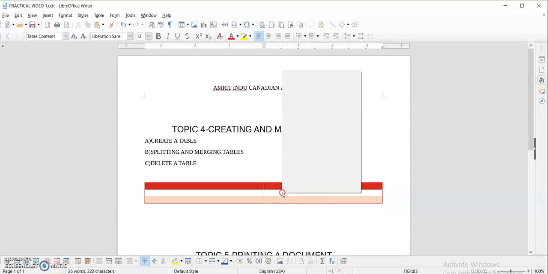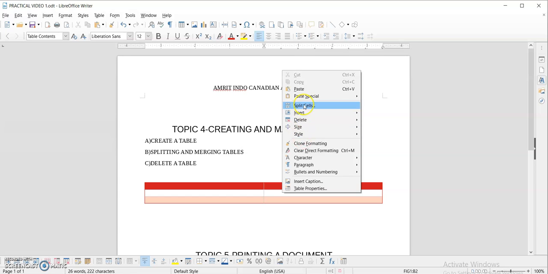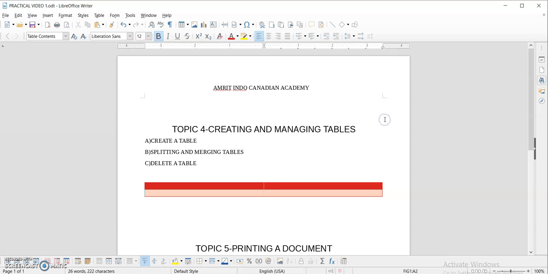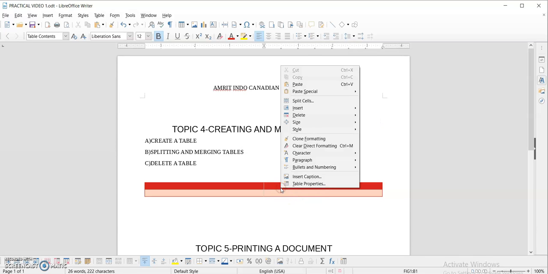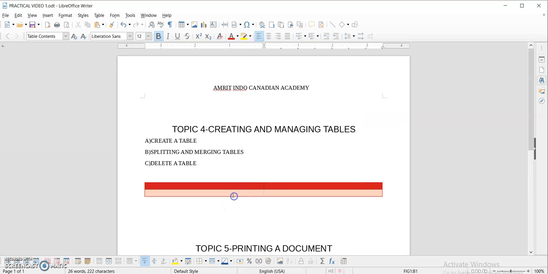Now if I want to delete my row, I will simply click on delete the row. If I want to write the text in my table, I will just click on the table.